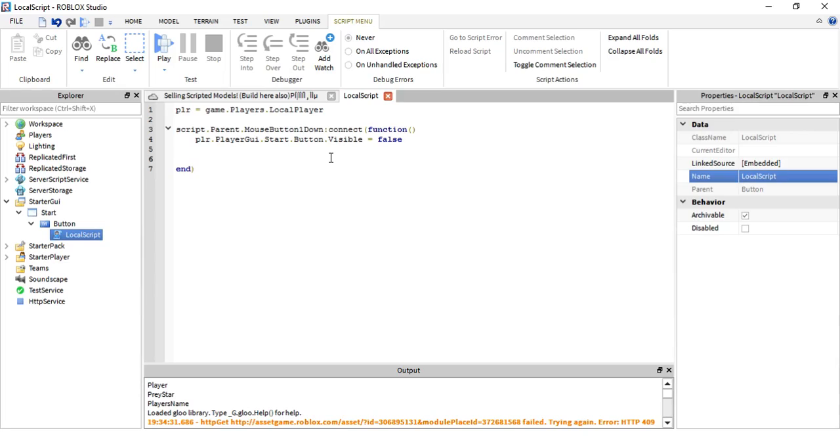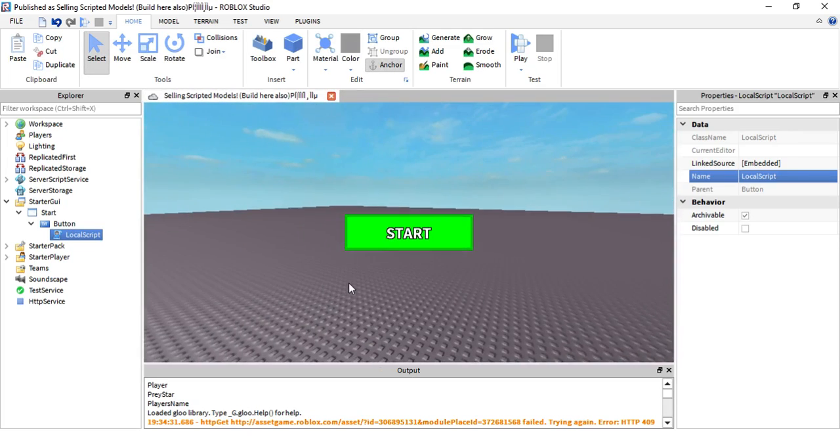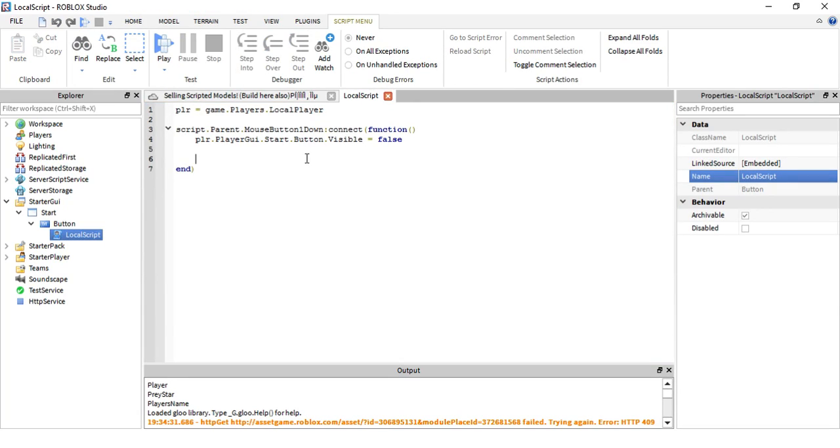All right, now we can do something else. Now let's make the character anchored, so they have their whole body anchored when they join the game, but whenever they click, then their body parts are unanchored. So let's go inside the player, but in the player, let's get the character. So player.character